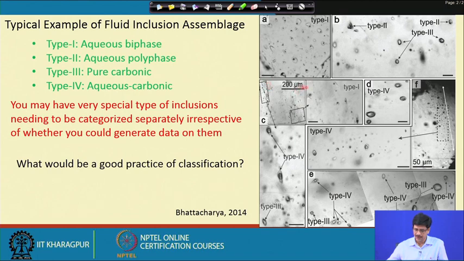Say for example, if you look at this C, there are two places where the part has been blown up and the inclusion occurrences have been shown. That is the same case where you could see the inclusion F. It is always good practice to start looking at the fluid inclusion section at a lower magnification,